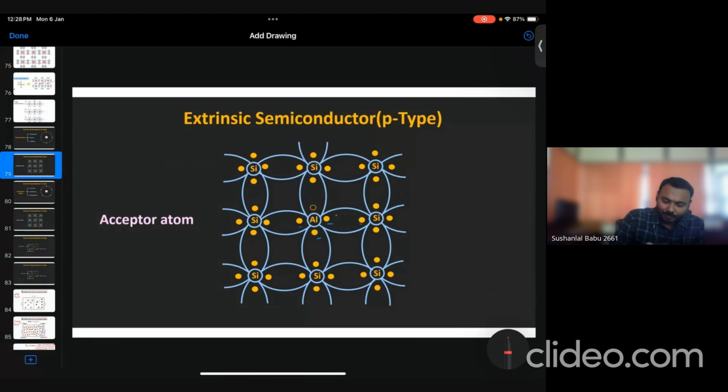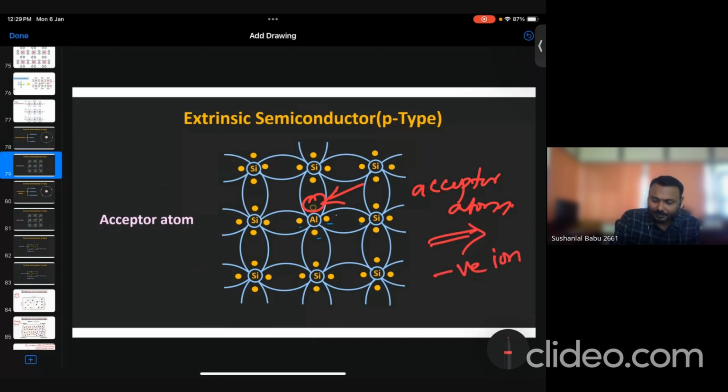But boron or aluminum, there is a hole, so it will accept. So it's an acceptor atom, and once it accepts, it will become a negative ion. Donating, that we are giving something, so that person is having a positive symbol, and if you are